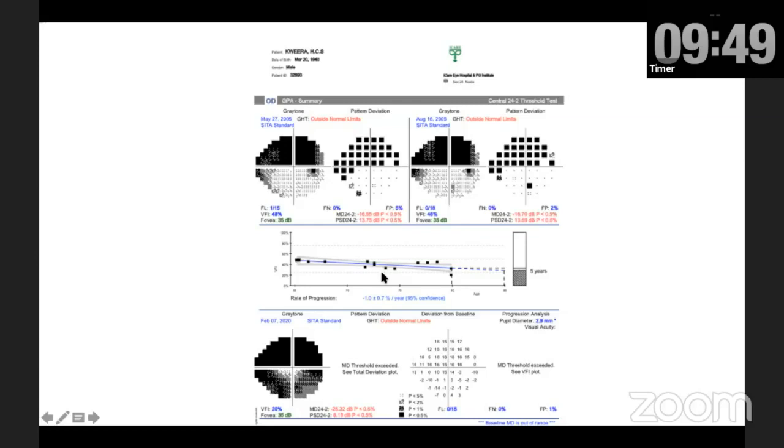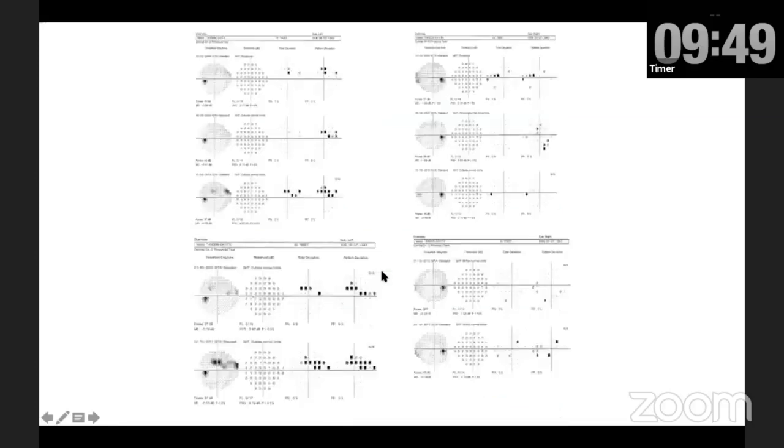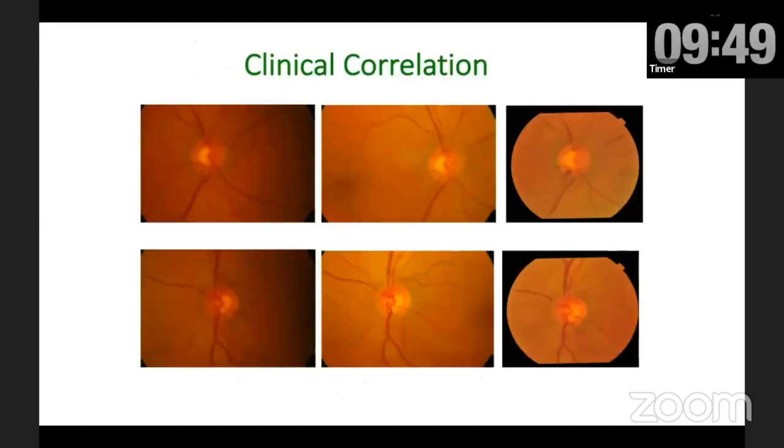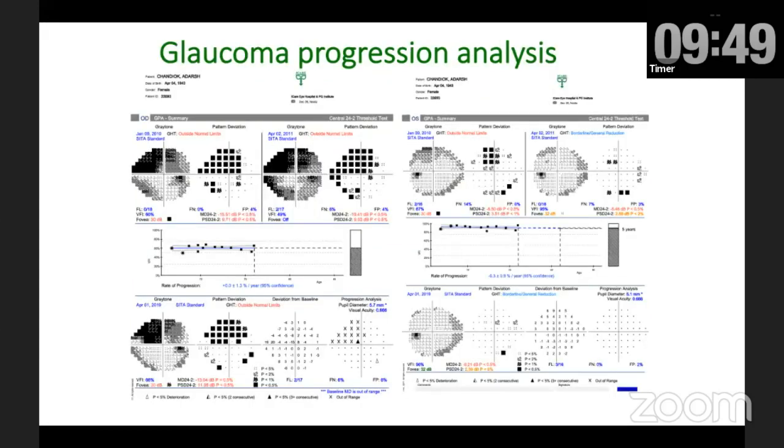And I will show you in the next few slides how you can compare structure versus function and look at the other clinical parameters as well. So again, a clinical picture of one eye progressing. The left eye is progressing over here with the superior arcuate scotoma showing up close to fixation, and you correlate clinically. It's the same patient whose disc photographs I showed, and look at the left eye, the inferior rim is actually getting lost. So if you correlate well, your tools, which are available to all of us in our clinic, like a slit lamp with a 98D or disc photography, can often correlate the findings you see in the field test with the clinical picture if you were documenting it well all along.